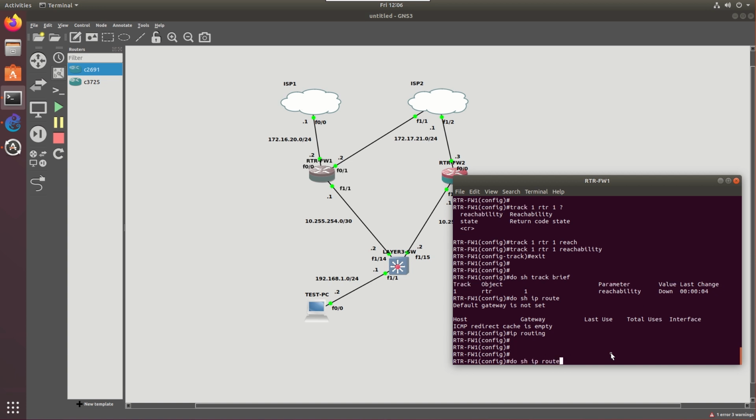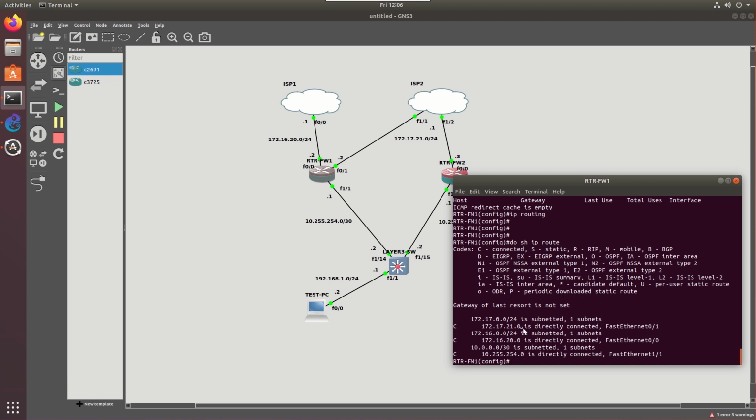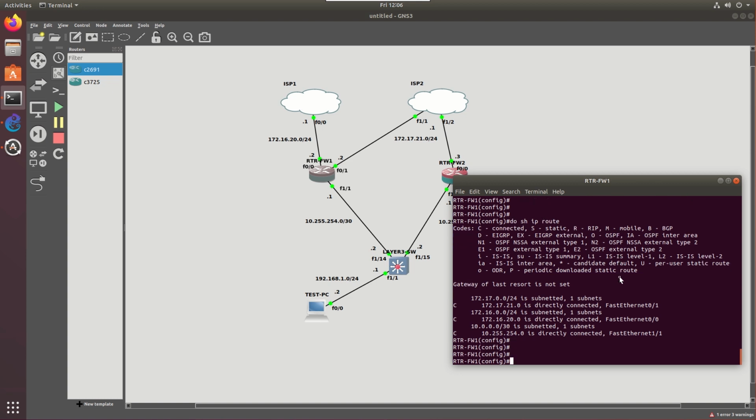So let's do show IP route again. And we see there's no route to 8.8.8.8. So for the IP SLA monitor, I'm going to put in a tracking or a static route to 8.8.8.8. And the reason for this is because